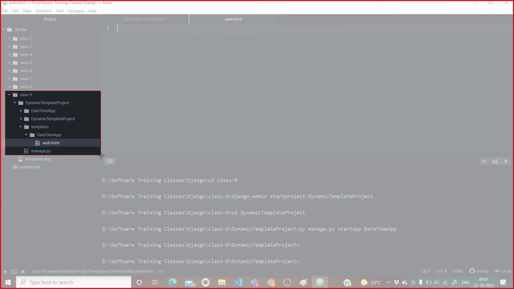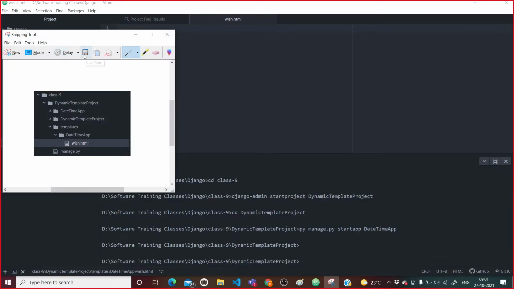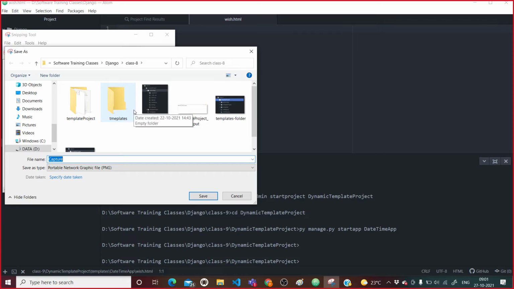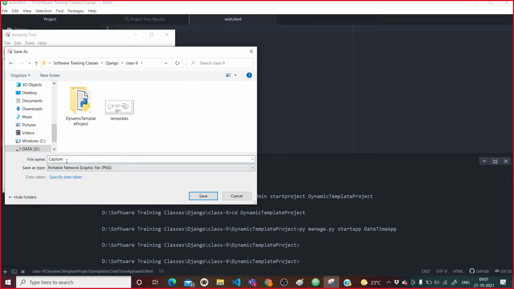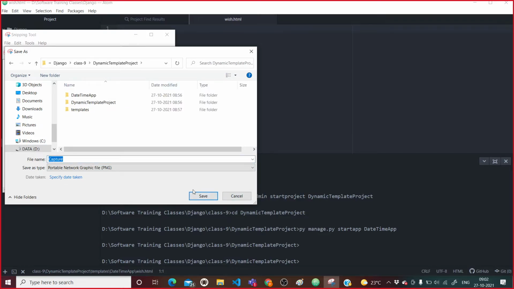Save this, class 9, dynamic template project.